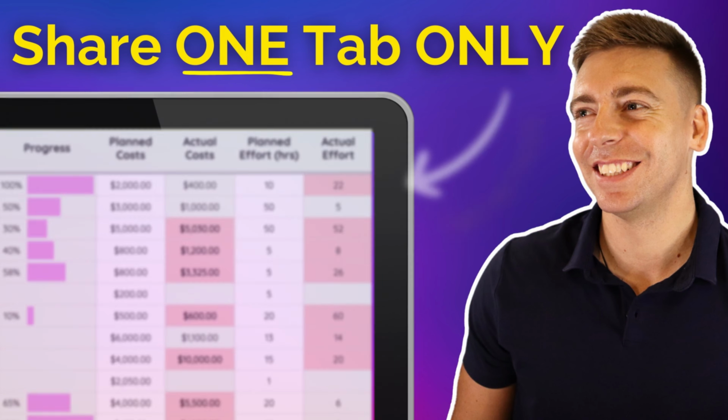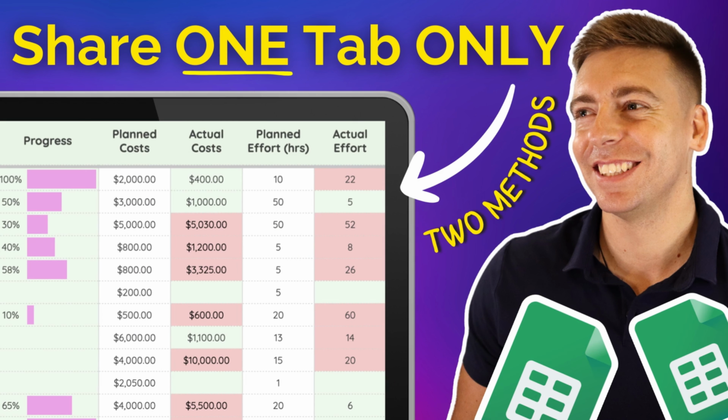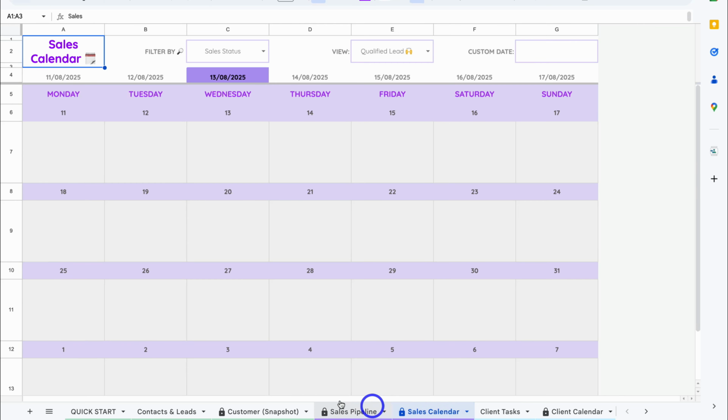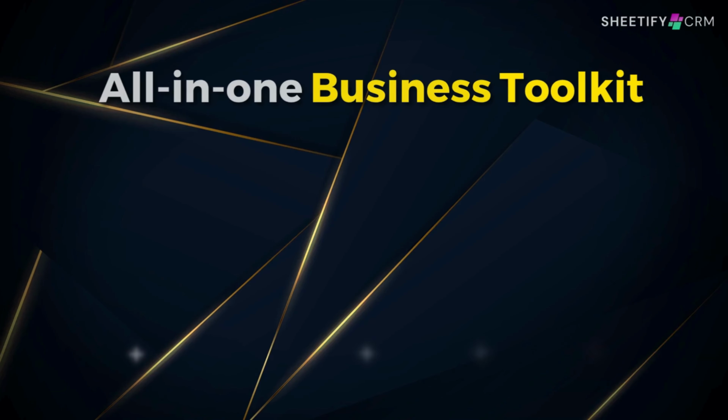Today's focus is to show you how you can simply share just one Google Sheets tab or sheet with someone else. And I'm going to cover two methods today. And today I'll be demonstrating from my Sheetify CRM, which is an all-in-one Google Sheets bookkeeping template built for small